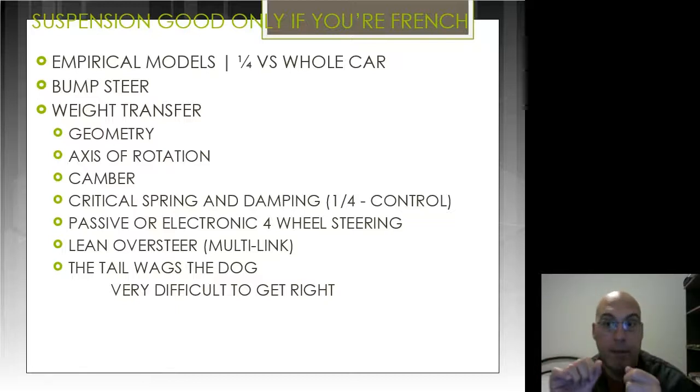But when you're really at the limit, the rear bump stops will engage first and transfer the car towards oversteer, kind of like lean oversteer in multi-link suspensions. But all of this stuff, the problem with soft suspension is it can work when you know what to expect. For example, in rally driving, yes, it works. But rally driving, you'll see rally drivers, they're constantly